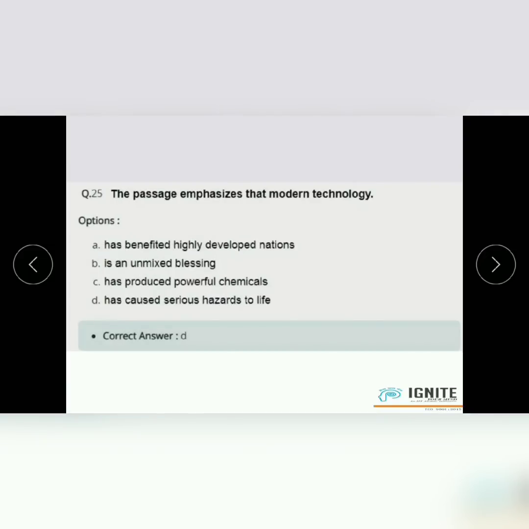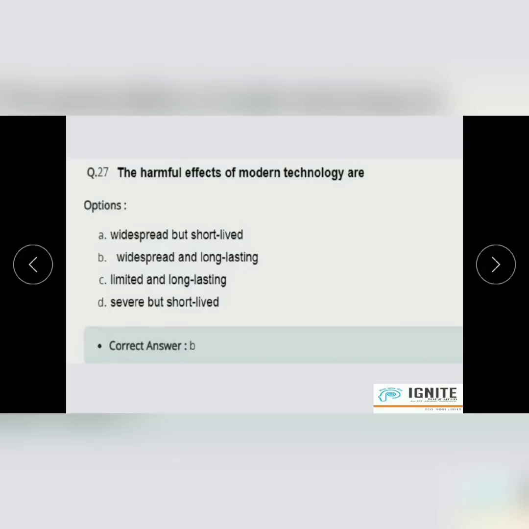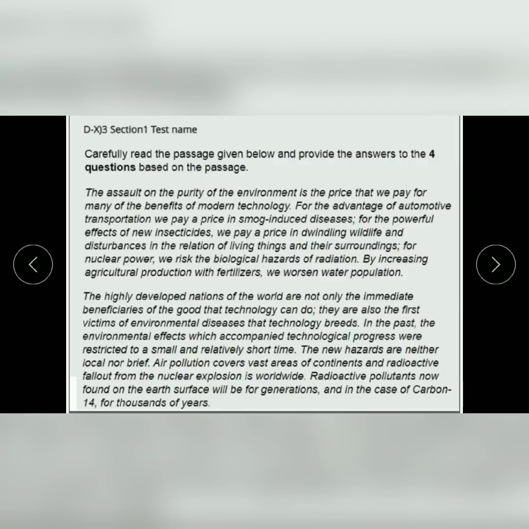Next, question number 25. The passage emphasizes that modern technology has caused serious hazards to life. Read carefully the passage, then we can conclude the answer: has caused serious hazards to life. Okay, next question. Harmful effects of modern technology are, options are widespread but short-lived, widespread long-lasting, limited and long-lasting, severe but short-lived. From this passage, we can see that